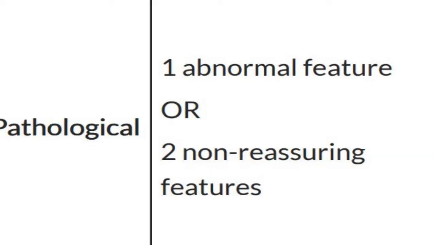We have pathological CTG when we have one abnormal feature or two non-reassuring features. When we have pathological CTG, we will review the clinical situation and exclude acute events like rupture uterus, placental abruption, or cord prolapse. After exclusion of acute events, if the CTG is still pathological, we will start conservative measures: fluids, change the position of the mother, stop oxytocin, and review the reaction of the CTG. If the CTG is still pathological,